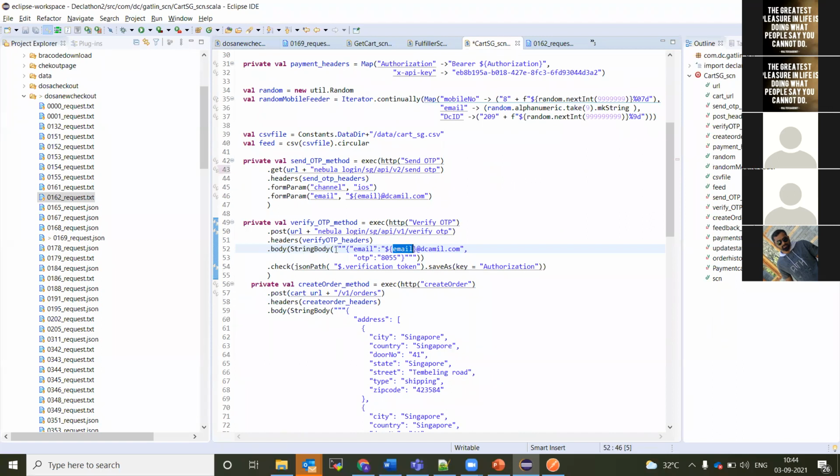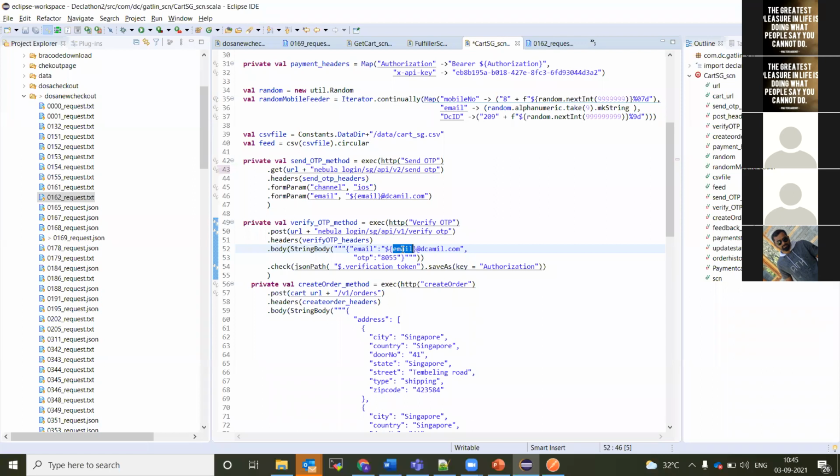Okay, if you have a small request, you can have it in the string body. Within the file itself, you can use it and you can make the modifications. And if you feel there is a huge request and it's always static, you can keep it in the JSON file, and you can use a raw file body. And if the request is also bigger, and you want to have dynamic values in that, then you can use expression language file body.